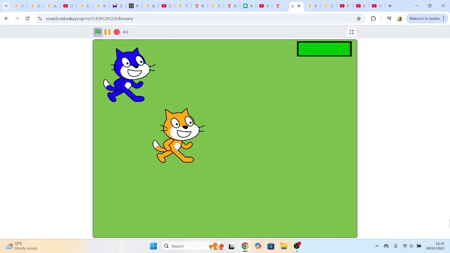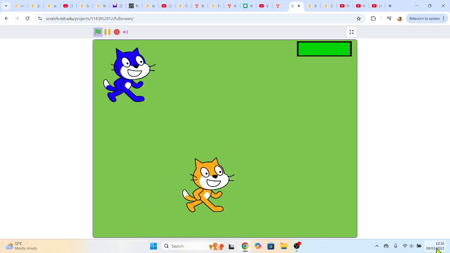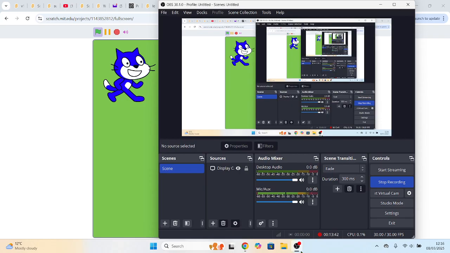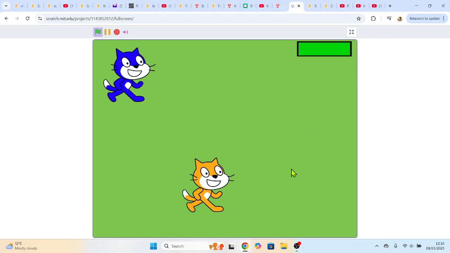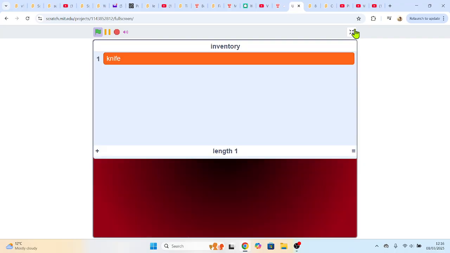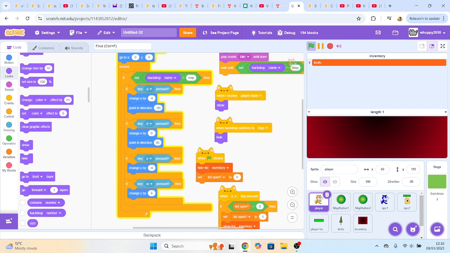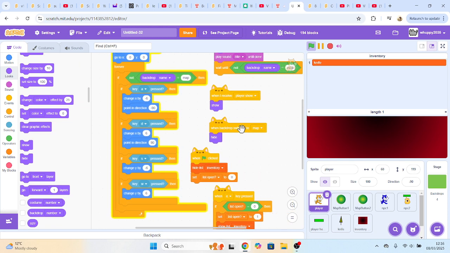You should be really pleased with how this came out, since now we have a knife in our inventory, but we can't use the item. There seems to be no use to it. Let me just check how long I've been recording. 13 minutes. Anyway, I have a working inventory system, and you should as well. Otherwise, you should check back on your code,